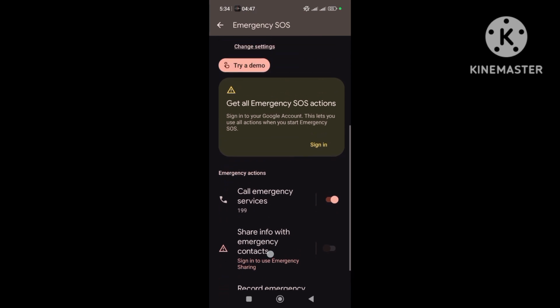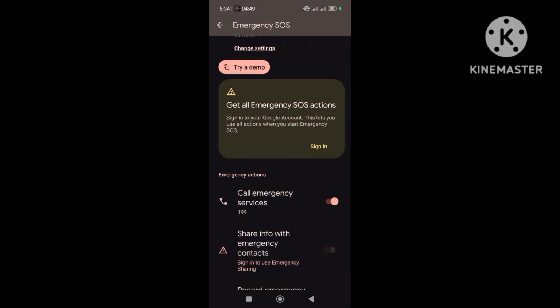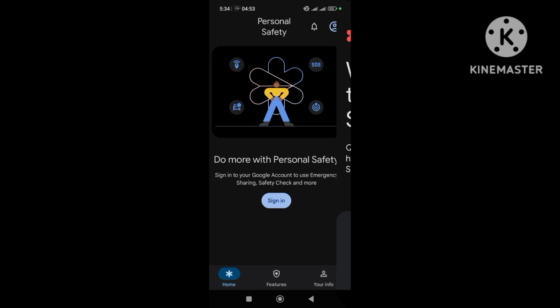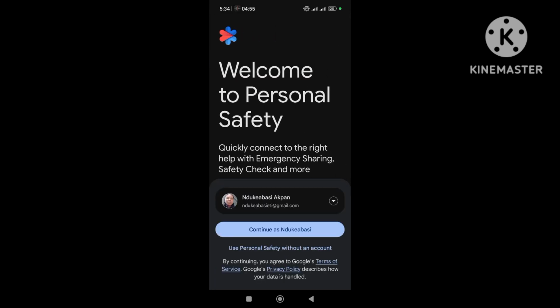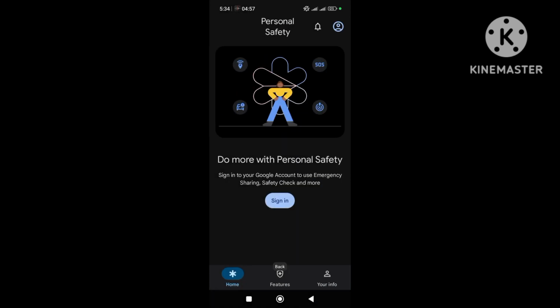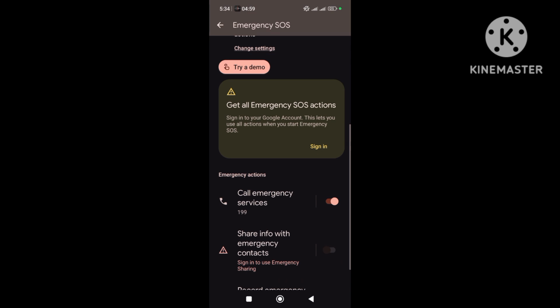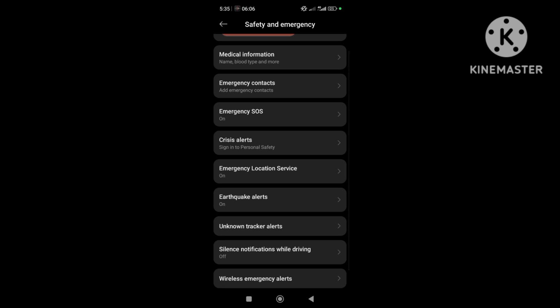So you see some of this: call emergency service, share info with emergency contact. So this will ensure that your information is shared with your emergency contact anytime you need emergency assistance. And so you'd want to also set that up. So you have emergency location service that is turned on, earthquake alert that's turned on,